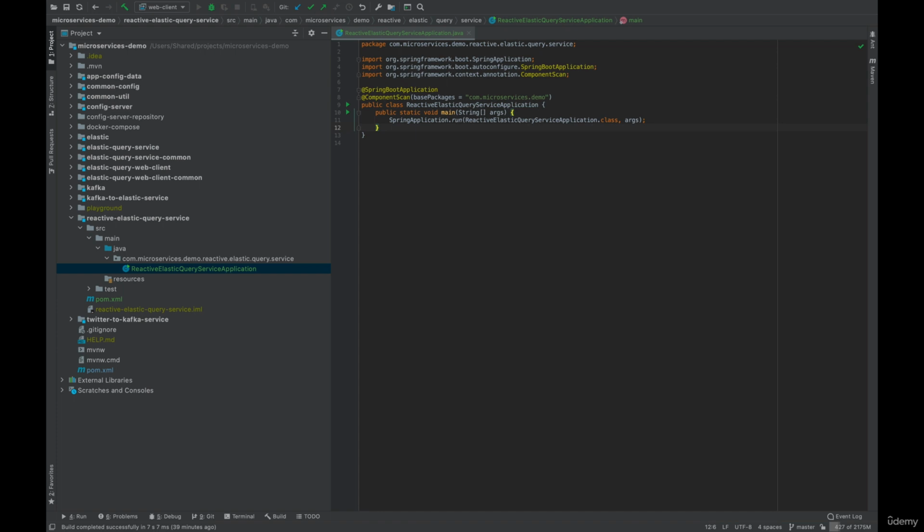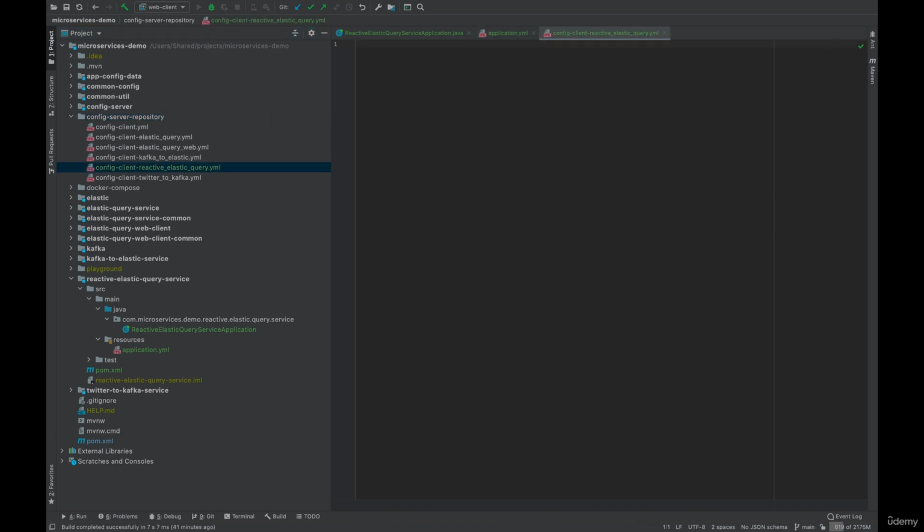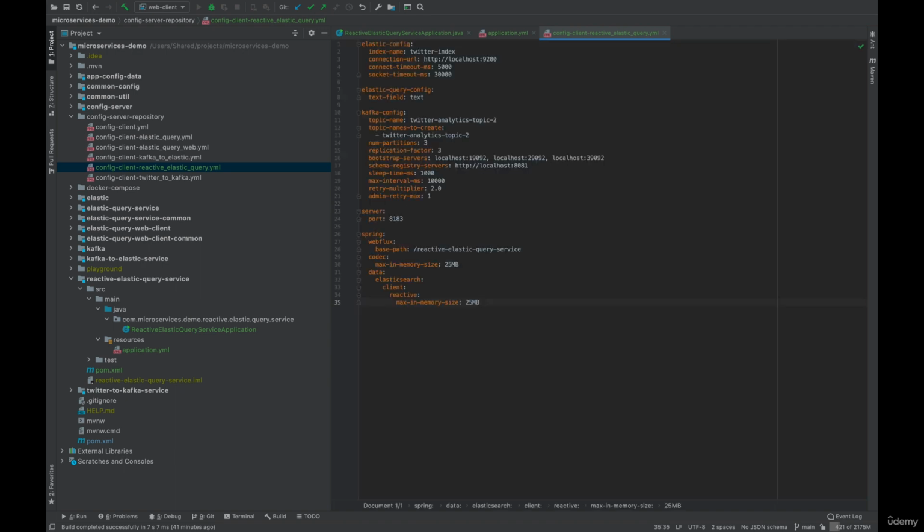Then let's add application YAML configuration file and add the config server repository file for the service called config client reactive elastic query YAML file. Here I will put the same properties from the non-reactive version, except that I will use Spring Web Flux base path